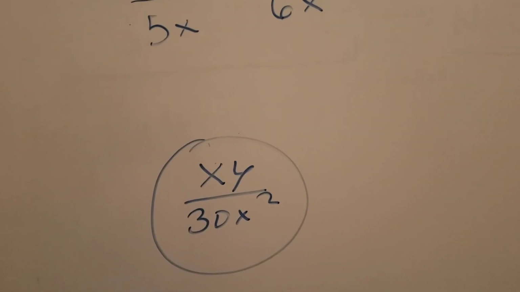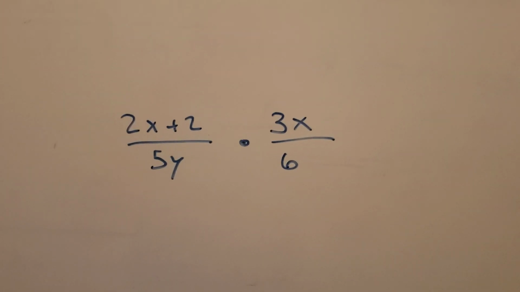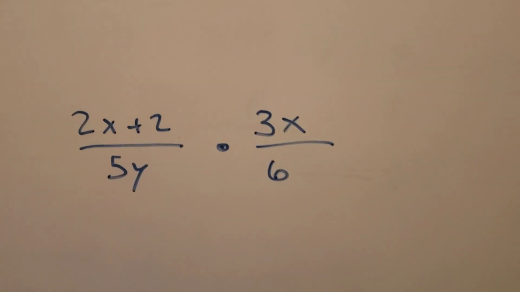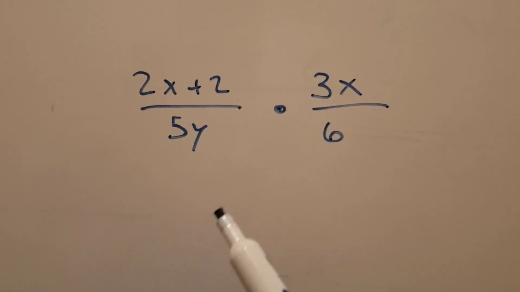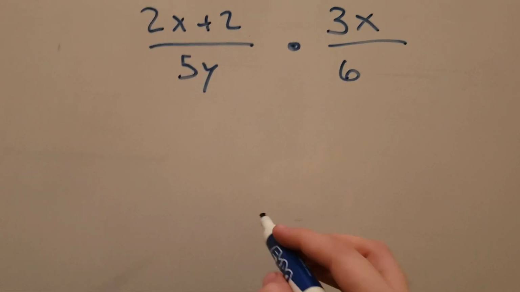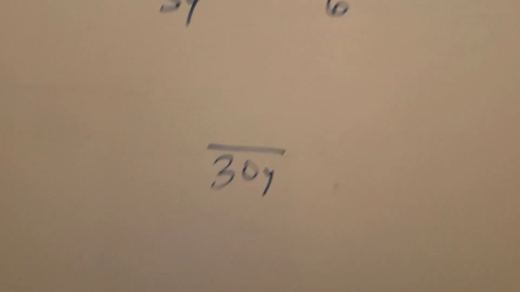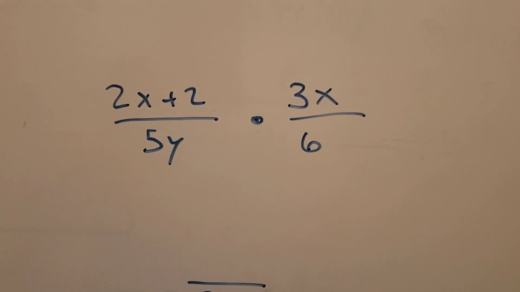Much simpler. Now obviously these problems can get really complicated, but for now we're just going to stick with basic stuff. So let's do this one here, which is going to require some distribution. On the bottom, it's still pretty easy. It's just 5y times 6, so that's going to be 30y. But on the top, we're going to have to distribute that 3x into 2x plus 2, so it'll be